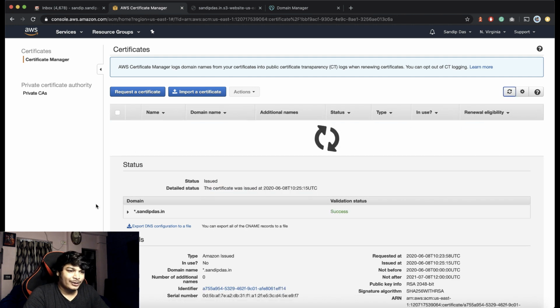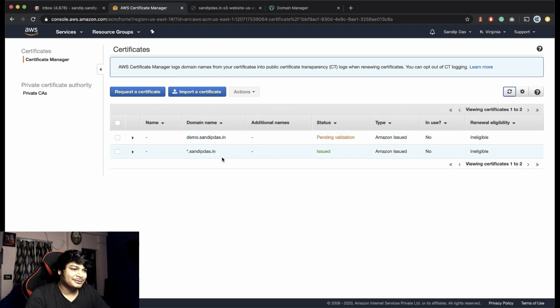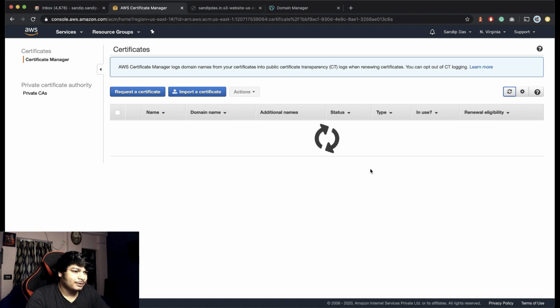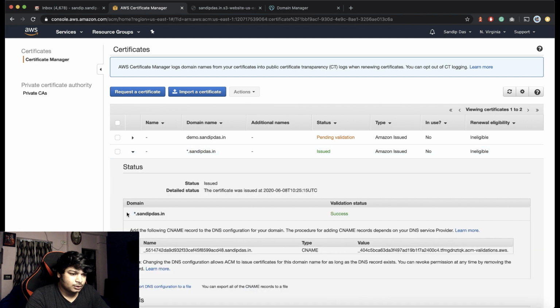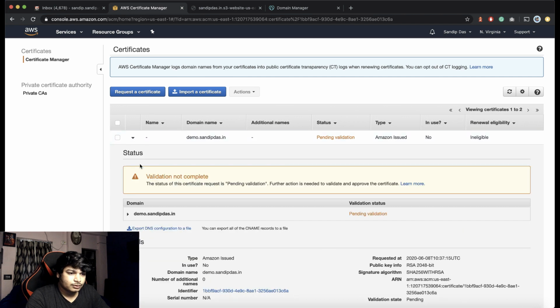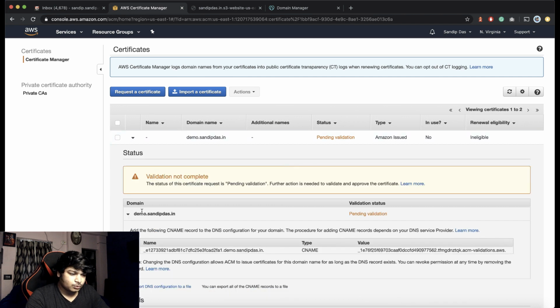I don't have to add anything. It's already issued, I guess. The code here should be the same. Oh, it's different. Okay, let me add that in.